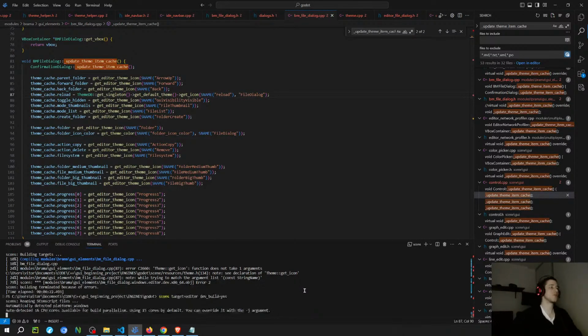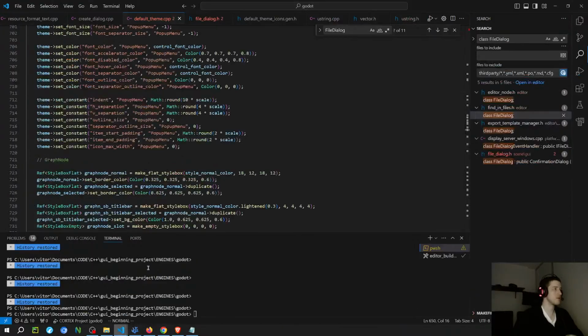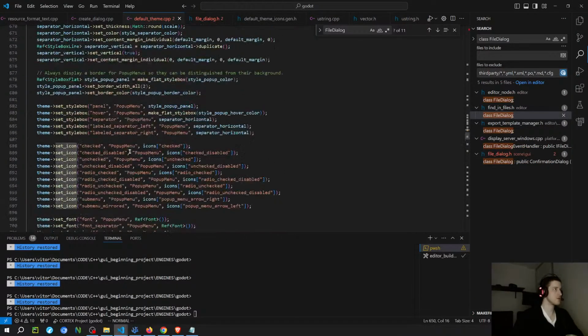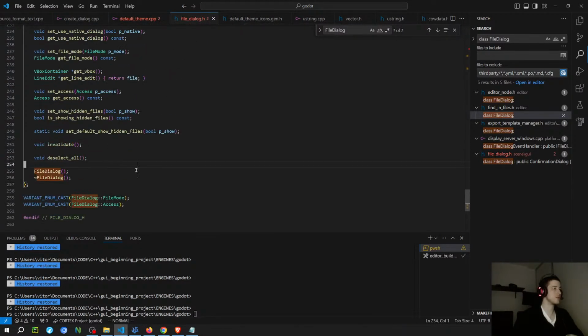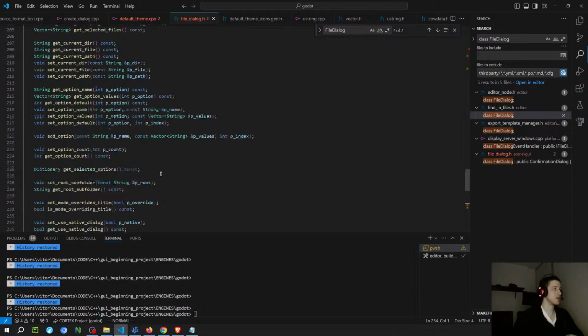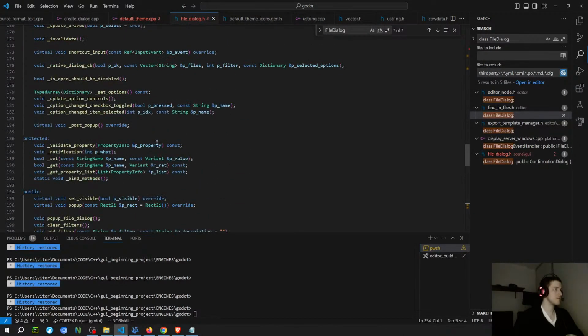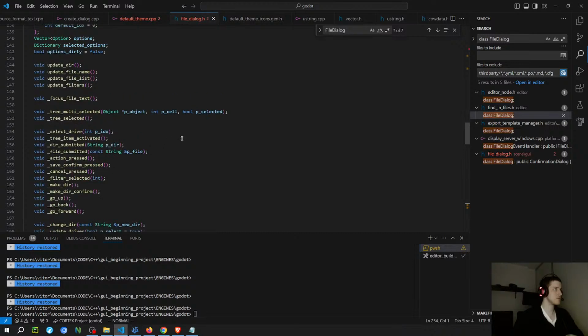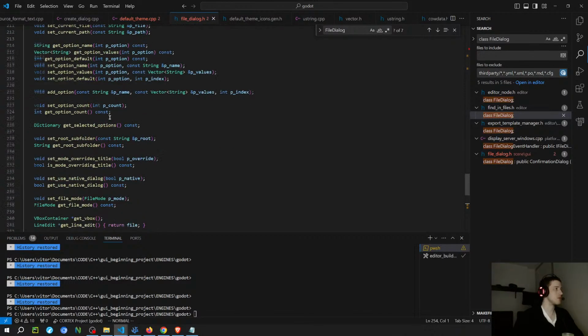I don't understand why, because I think you can change the theme on the file dialog as well, so I don't understand why they create another class. Obviously, there must be a reason to create the editor file dialog. So, oh, it might be just because of the directory, the way that they change the directories, or